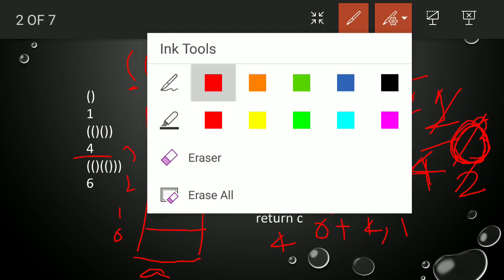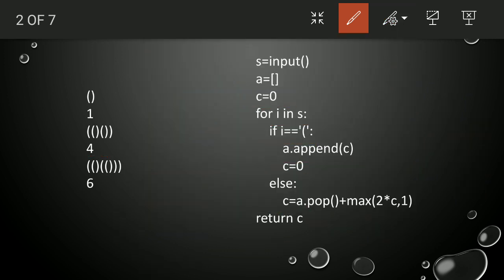For your better understanding, I will explain with this example as well. So our input is this one, and this one.